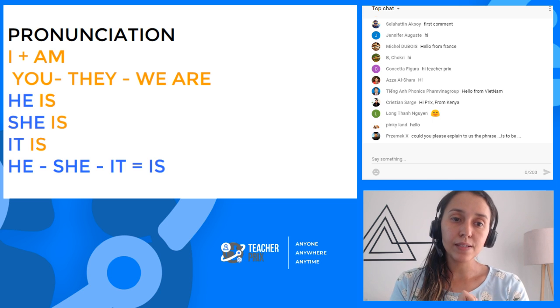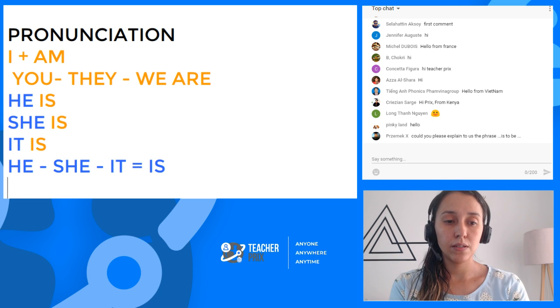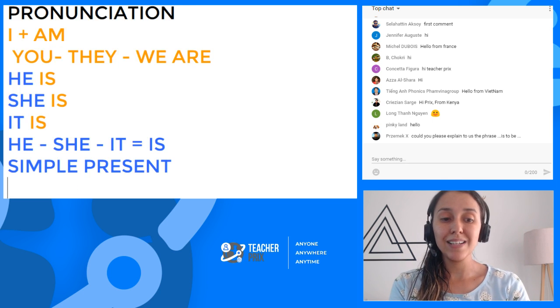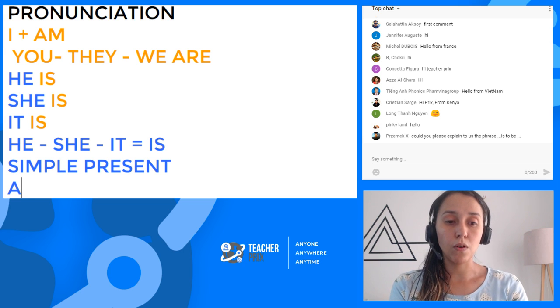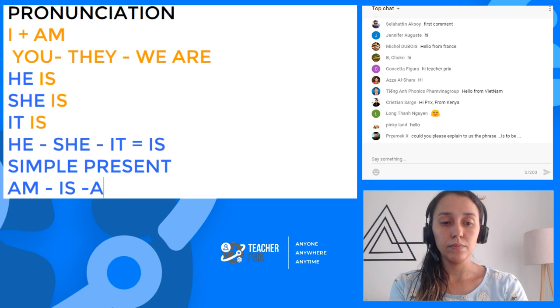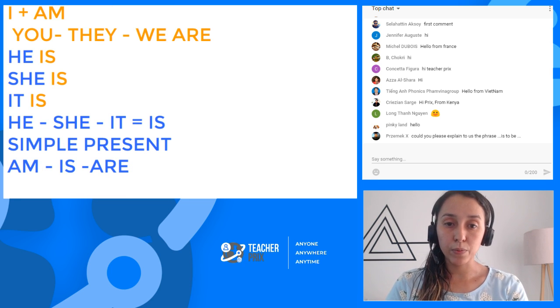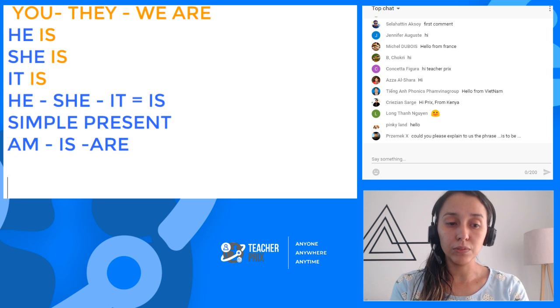And all of this we are considering simple present. This is the conjugation we use in the present form. Am, is, are. So here we're just talking about the present. We are going to talk about the past too. So when we are talking about verb to be, it's only these three guys, am, is, are. However, in English, we don't use verbs alone.